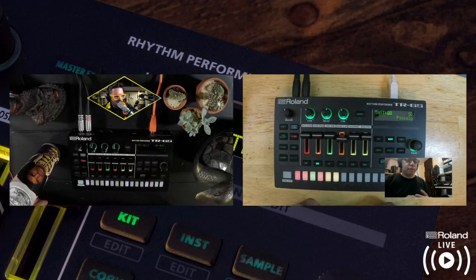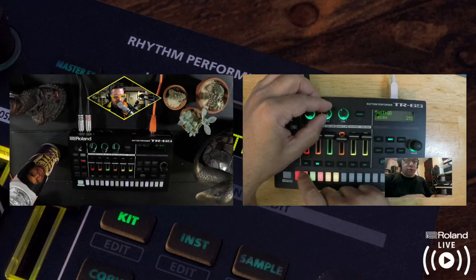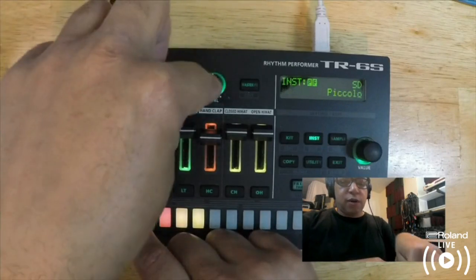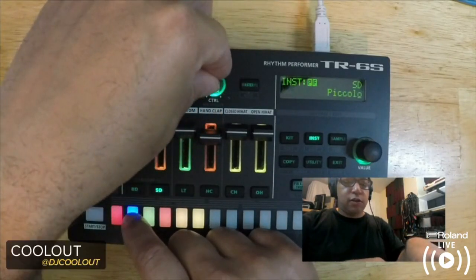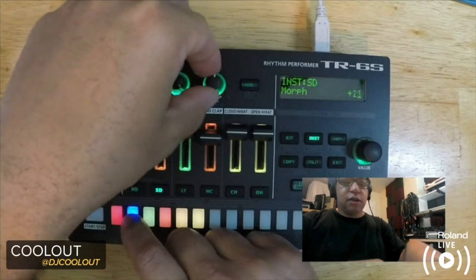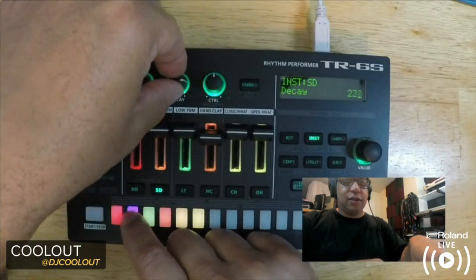Yeah. Chris, can you demo that real quick? Do you have an FM sound? You can just slowly scroll through the morph so we can hear it. So let's say this is on this snare right here. With the morph knob all the way cranked to the right, you have that sound. All the way to the left, you have that sound. And then in the center, you have kind of like the clack. And so you can actually...